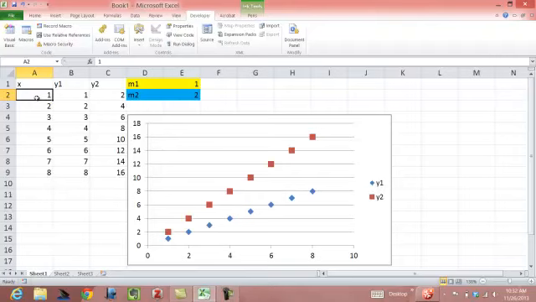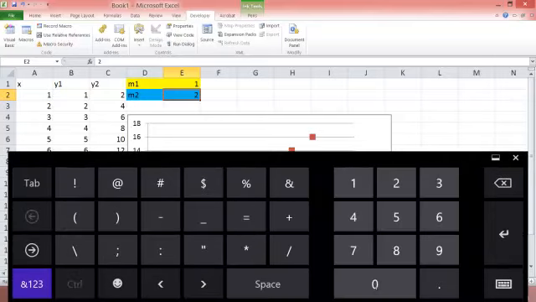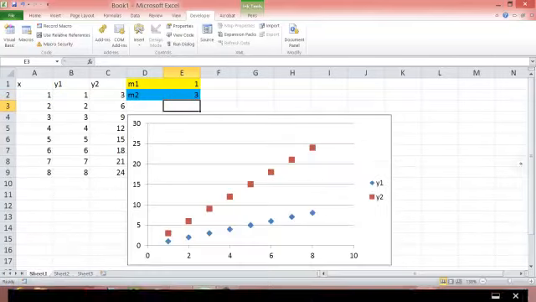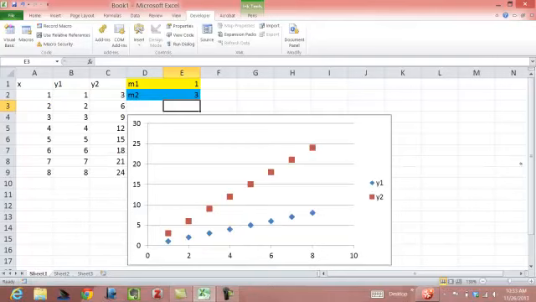You can see as I change m2 from 2 to, let's say, 3, the slope of my y2 line changes. So what we're going to do is install a scroll bar here to allow us to, in a graphical way, change the value of m2, and the slope of the line will change accordingly. So we're going to go to the Insert drop-down list and choose